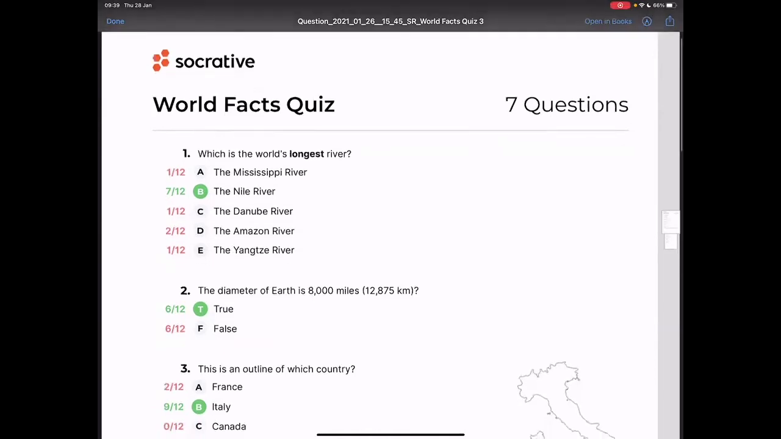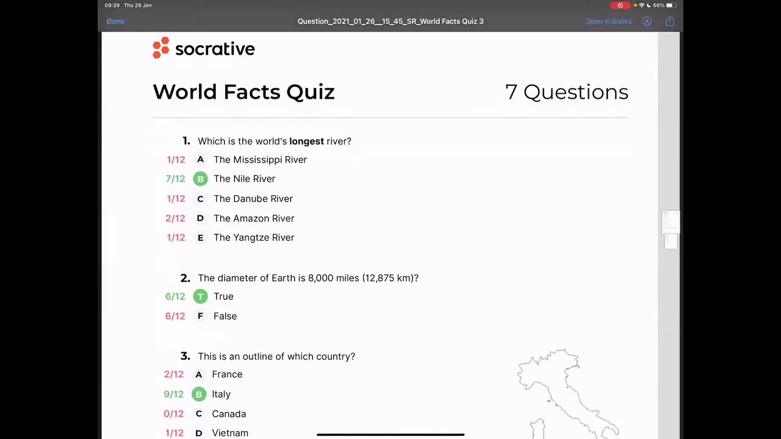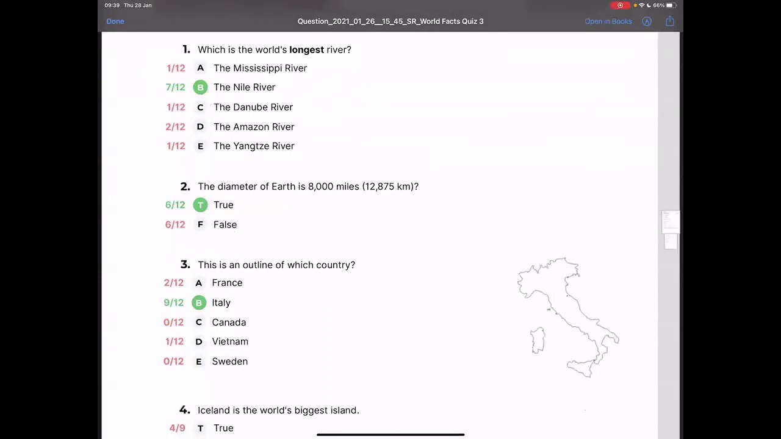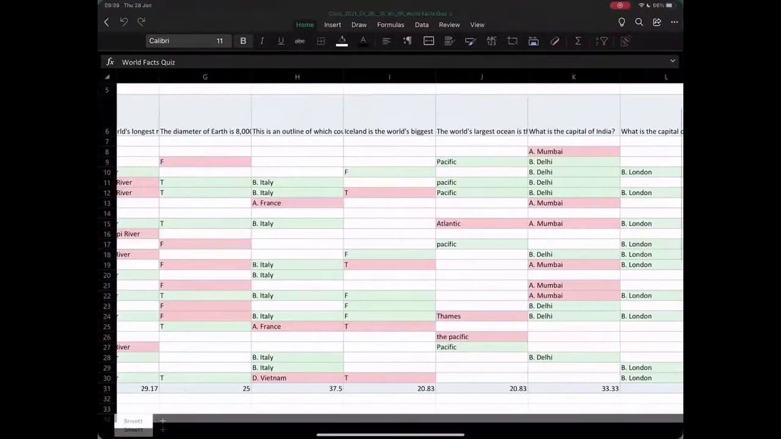If you look at question 2, it's a 50-50 thing. Again, there's potentially a misconception there that I need to look at. But if you look at question 3, the majority of the class get this. There are a few that don't, and so on. So what this does is allow me, if I go back to our presentation,